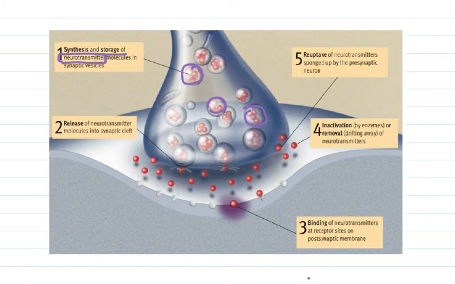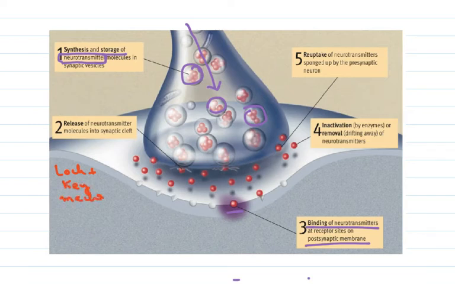Now, when an action potential travels along the axon here, these neurotransmitters are released into the synaptic cleft. So already something we talked about. Then the third step is that these neurotransmitters bind at receptor sites on the postsynaptic membrane if obviously they fit. We talked about this earlier as well, that this is like a lock and key mechanism. Certain neurotransmitters will fit into certain receptor sites,